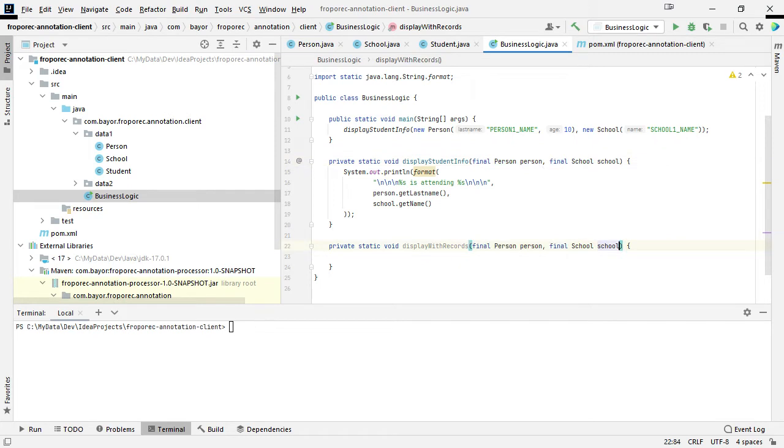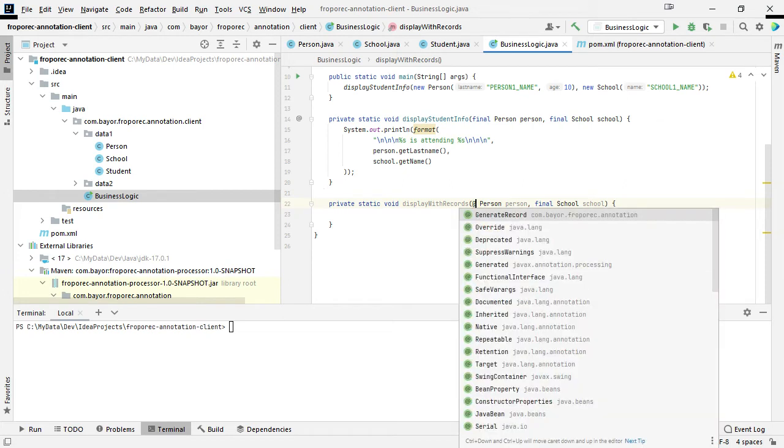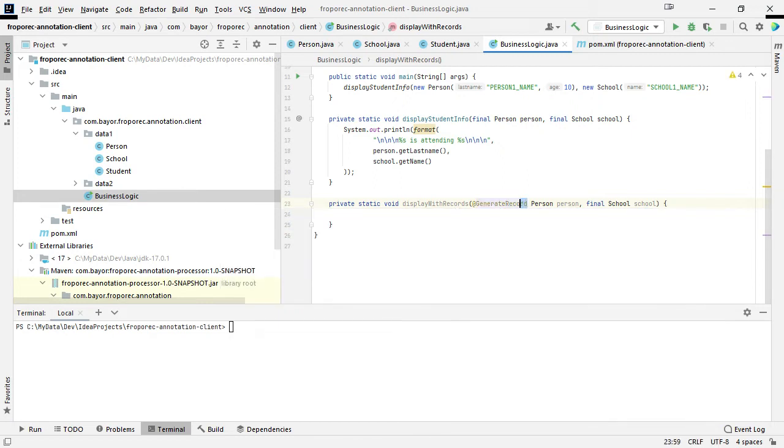And here I'm gonna just copy paste these parameters and then see how I'm gonna be using them here. So if you want to use the record classes corresponding to each one of these parameters, all you will have to do here is, instead of using final, just use our generate record annotation. So what you have to do here is to add that annotation to every single one of the parameters you have in the method, which ones you want to use, or which record versions you want to use in your code.